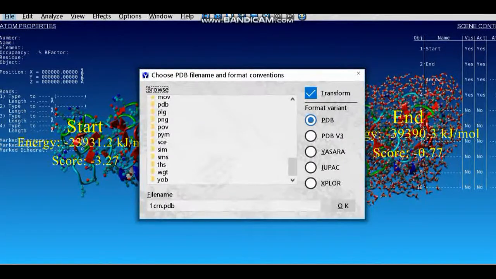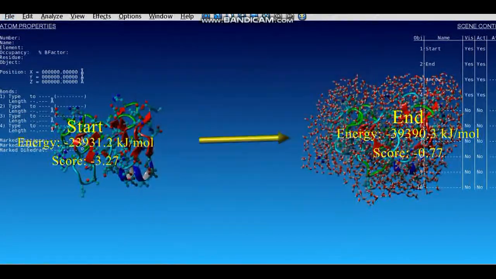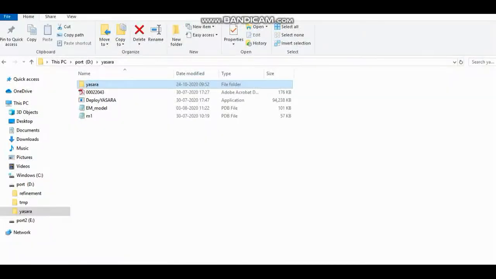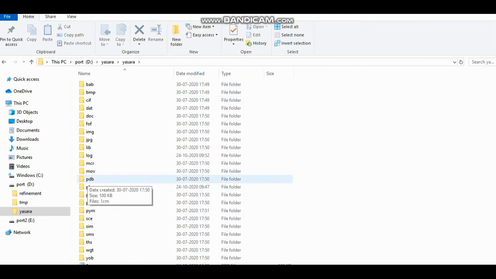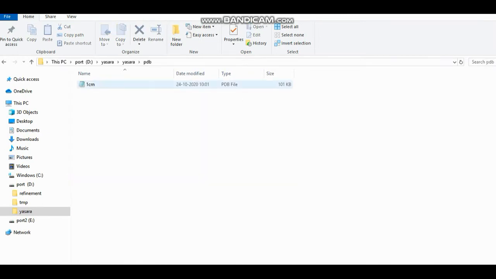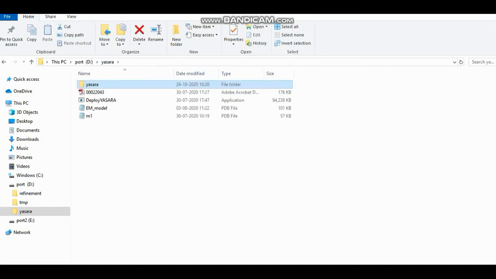Just overwrite on the same file. I have overwritten the file. Go to the Yasara folder, and you can see the PDB folder. In that you can see the file I have overwritten. Just copy it and paste it, give it a different name, and save it in any of your folders. I have saved it here.